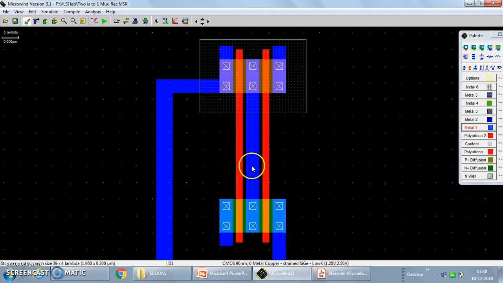This metallic layer will get connected with this drain terminal, which is not the connection that is part of our design. Because a metal to metal connection has to be done, we can extend this layer with a metallic layer, go to this side, and use a metal to metal contact to avoid the direct connectivity, because we want the overlap, not the direct connectivity. So I will extend this layer downside till this point. Same, I will extend this layer.